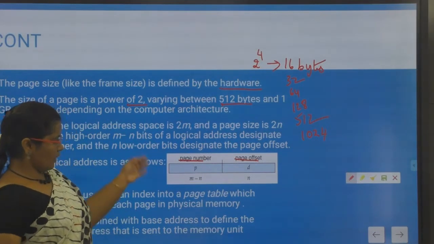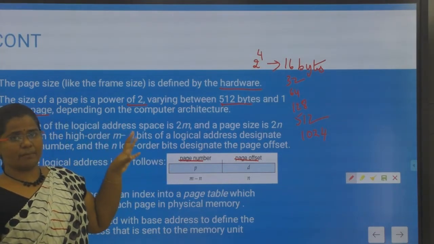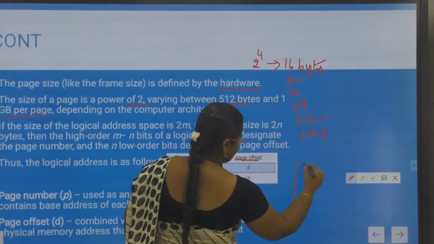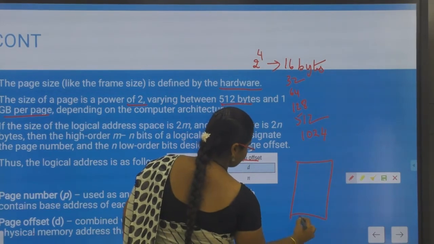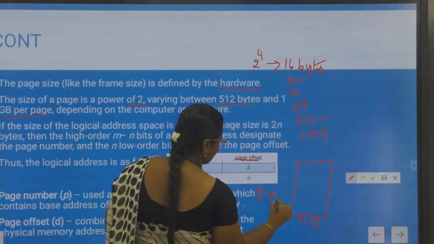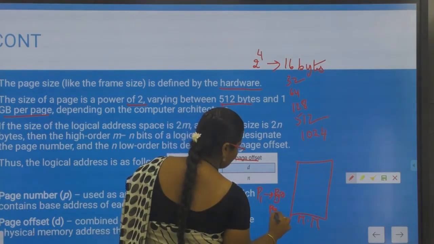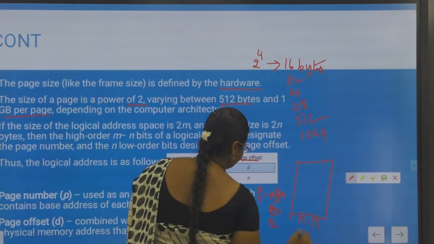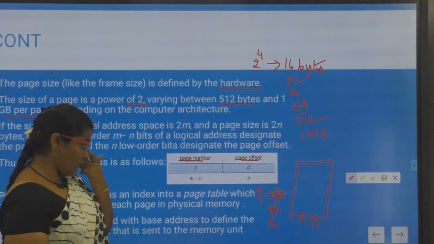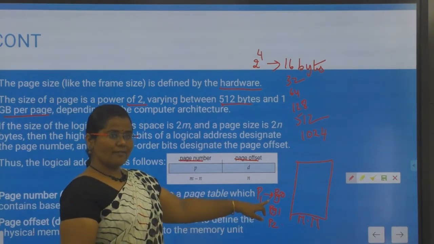Page number, for example, if one process has 3 pages. This is my main memory, and I have process P1 with page 0, page 1 and page 2. So I have one process with 3 pages.